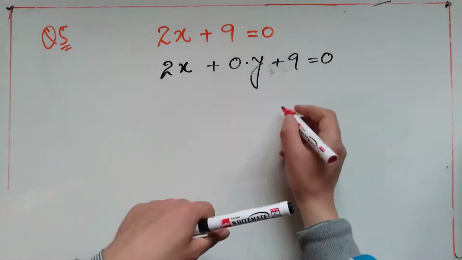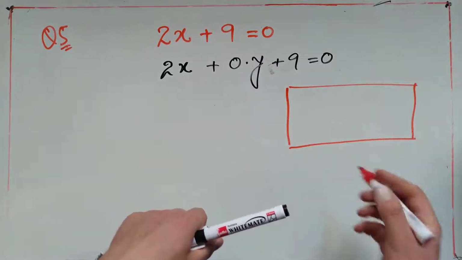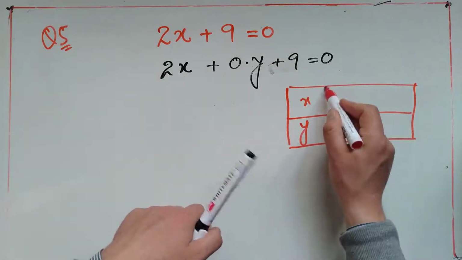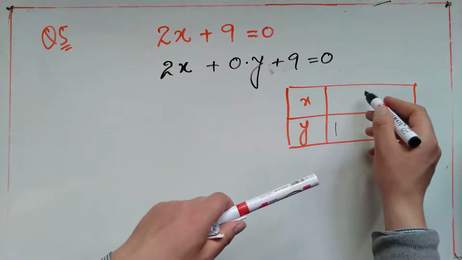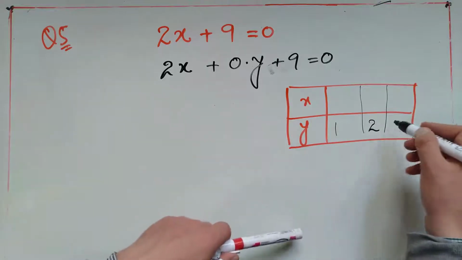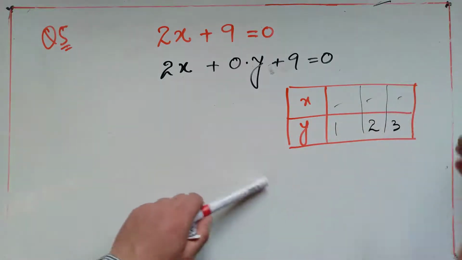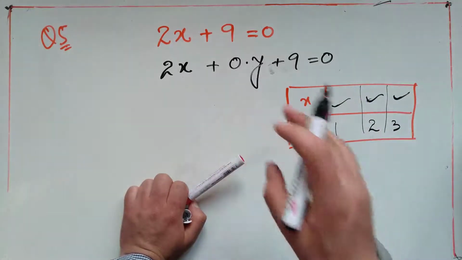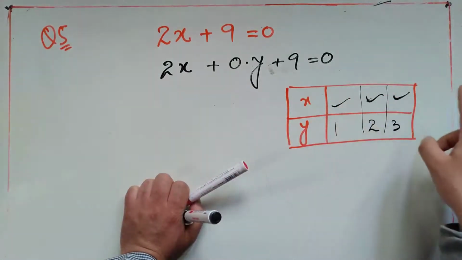So what you will do here is substitute the values of y and obtain the values of x. That is, you will substitute the value of y as 1, obtain the value of x. You will substitute the value of y as 2, obtain the value of x, and so on. Don't worry, you will always get the same value, because its value is not mentioned in here. It is 0 in here, so it will always give the same value.